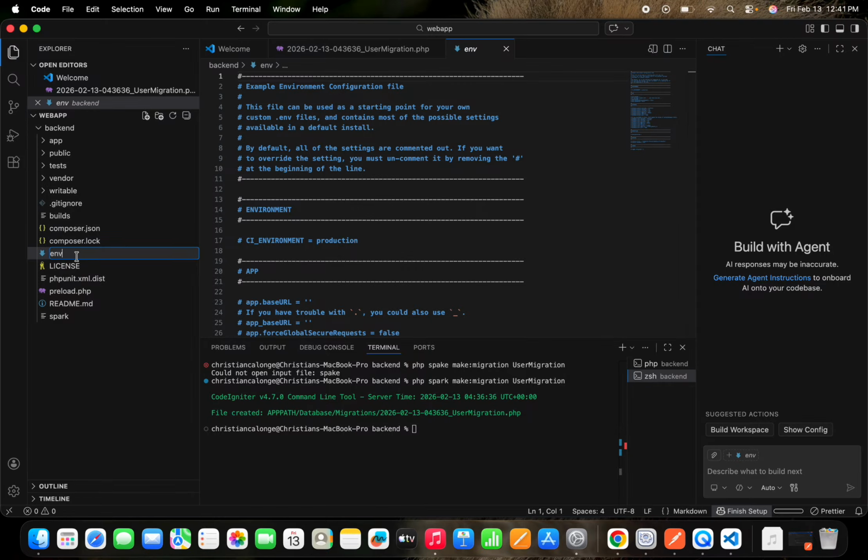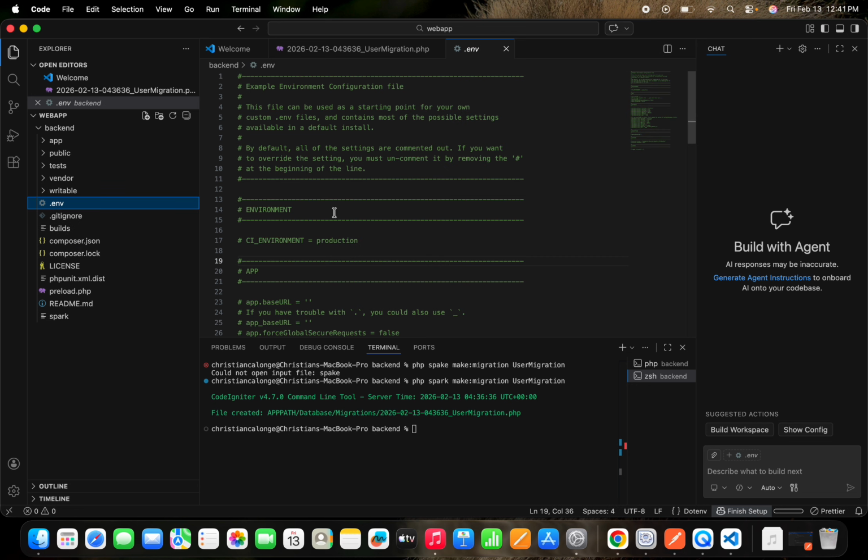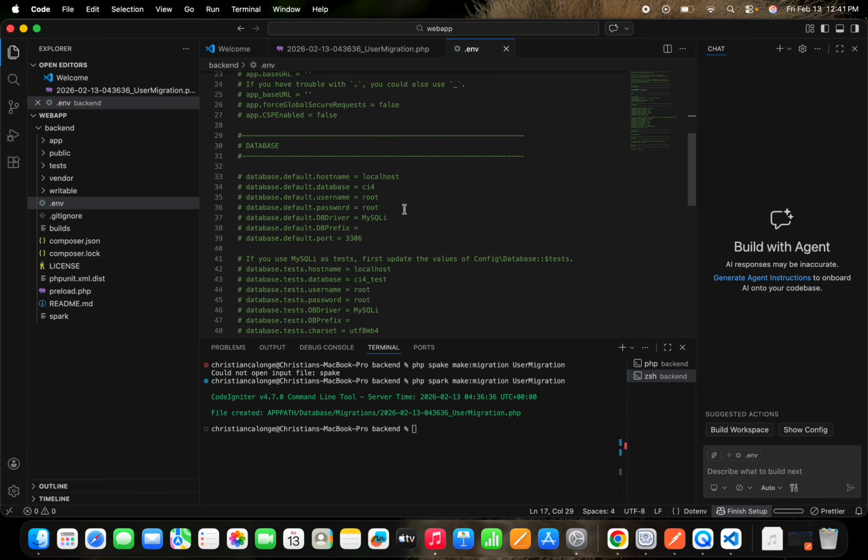Rename your env and add that here, and always set your CI environment to development. Then uncomment this, and use localhost or 127.0.0.1, this is your server host. On Mac and Linux, you need to use 127.0.0.1, the localhost IP address. But if you are using Windows, you may use this IP address or the localhost name.